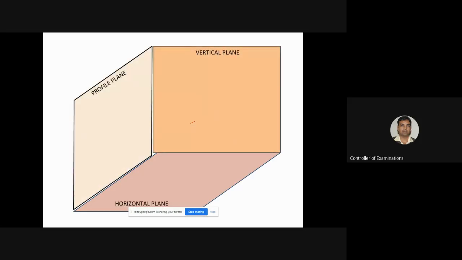See, the next thing which you might have all observed around you is what I'm showing here. The three planes, the three very important planes in between which you can place an object. If you see this horizontal plane HP, this is nothing but the ground on which you walk. Vertical plane VP is nothing but the wall which is in front of you. And this profile plane is nothing but the other wall which is maybe to the left of you or to the right of you.